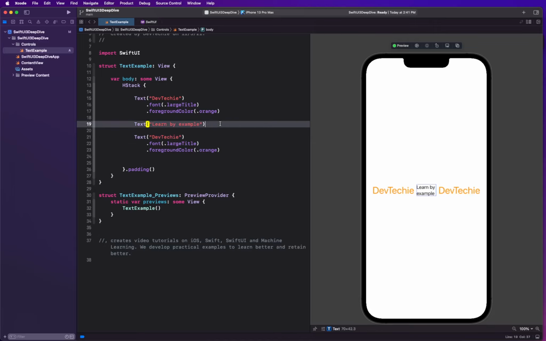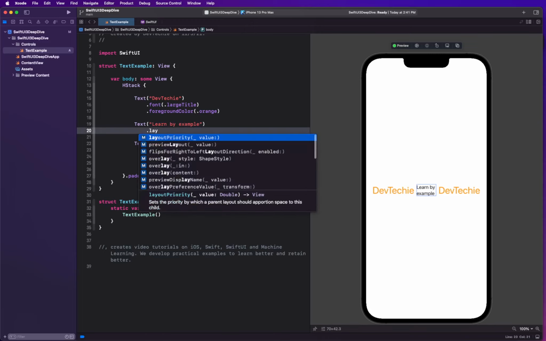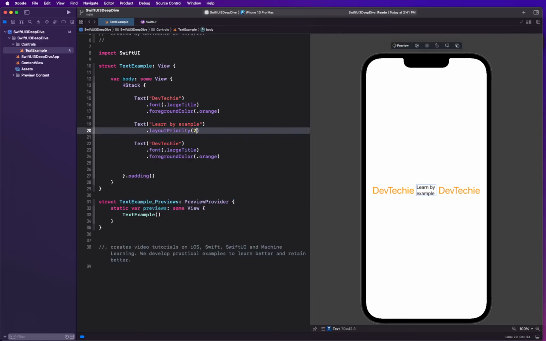Okay, now imagine a case where we want to make sure that this always appears in a single line. We can define that by saying that this text's layout priority is higher than all the others. By default, layout priority is 0, and we are saying that this is higher, so any number higher than 0 is going to define the